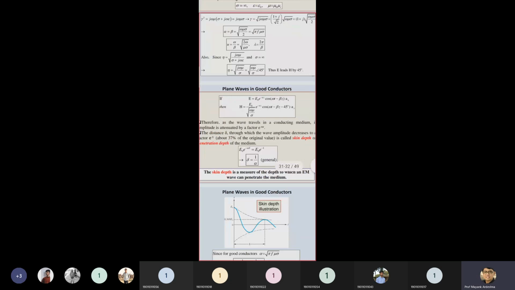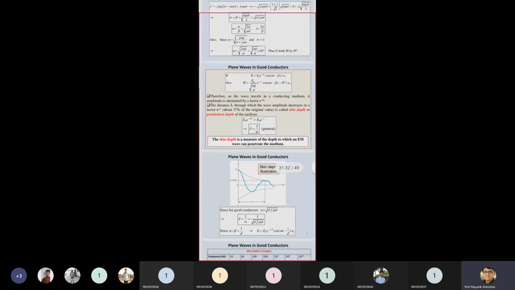Now, why do we concentrate more on this equation? Because based on this, we try to find the skin depth. So first of all, you should be aware of the skin depth. What is skin depth? Whenever you give any current or voltage to any particular wire, of any kind, how much current goes inside your conductor depends upon this parameter, which is called the skin depth or the depth of penetration.